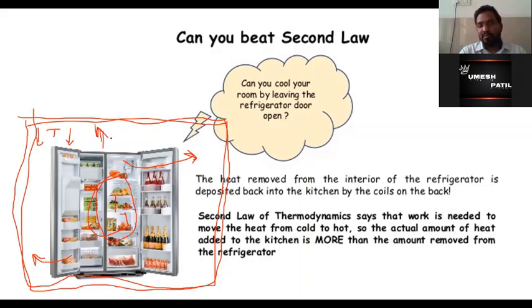The room will become cold, or instead of becoming cold, it will start heating the room. What will be the exact scenario if I keep the refrigerator door open? That was the question, right? So does any one of you have got the answer for this one? If you have searched for that one, then you must have got something, right?